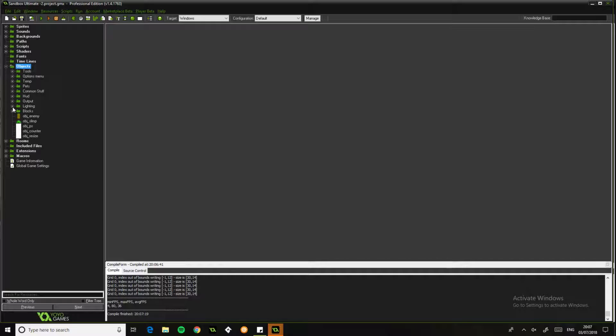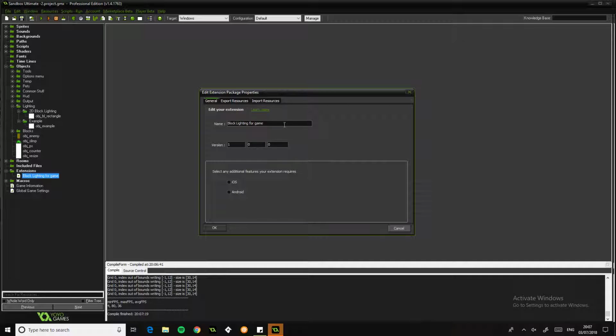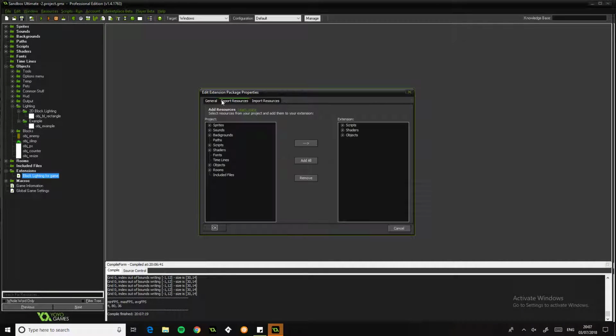Anyway, all this is controlled using these objects, and they're almost directly ported in. In fact, you can probably see their block lighting for game. This is the original, so if you search that up, you could get the original. Of course, the original does not have all the right stuff. So you can see here it uses objects